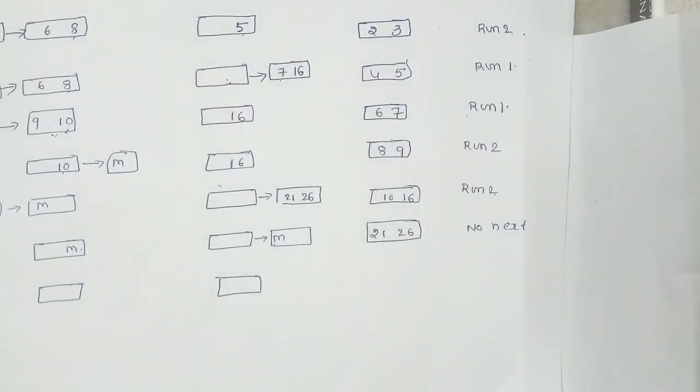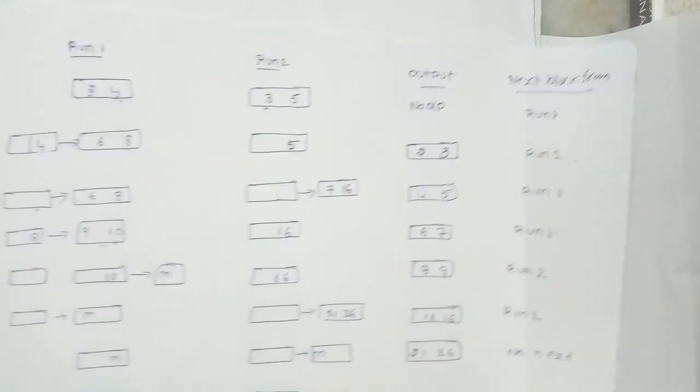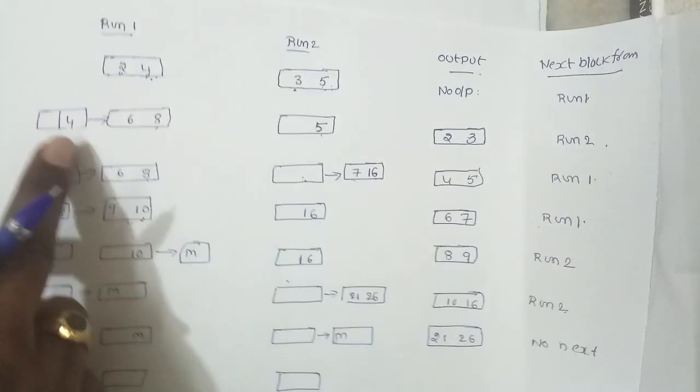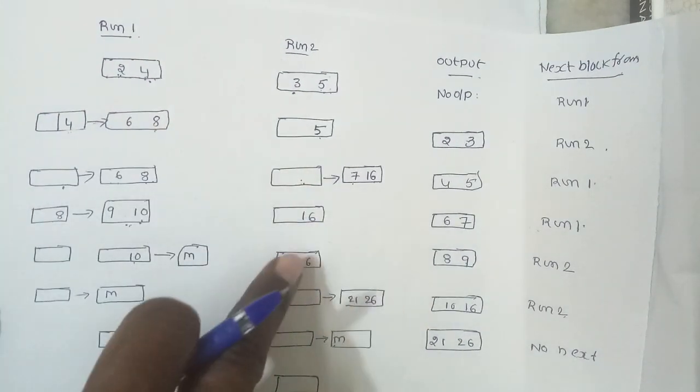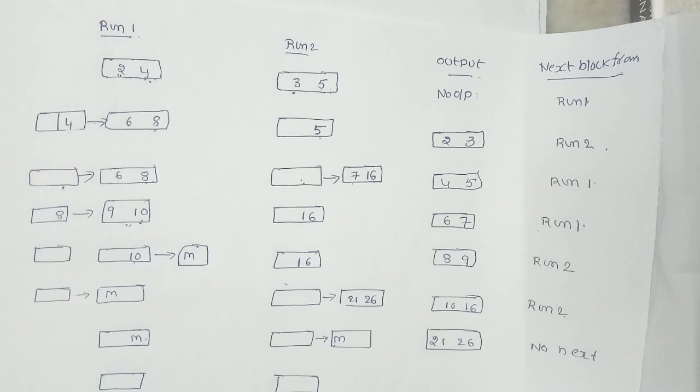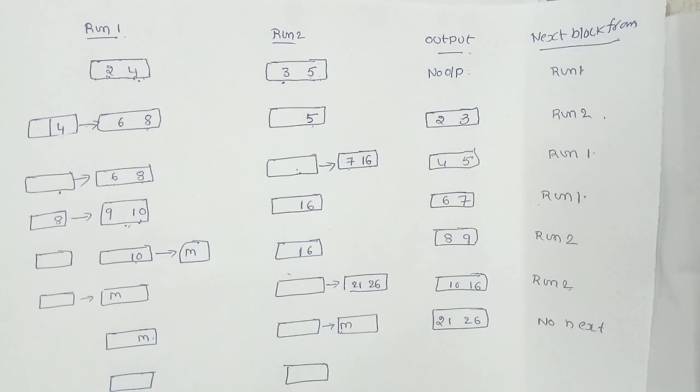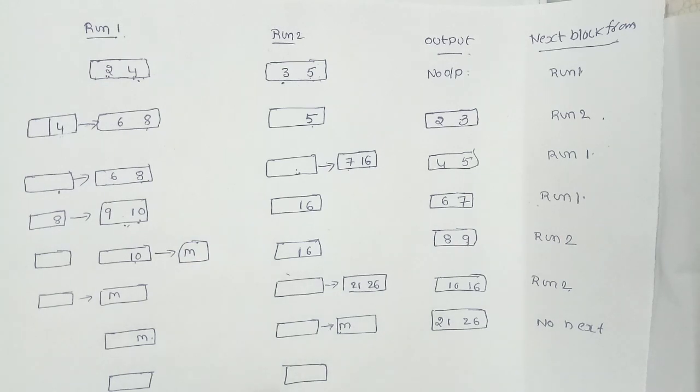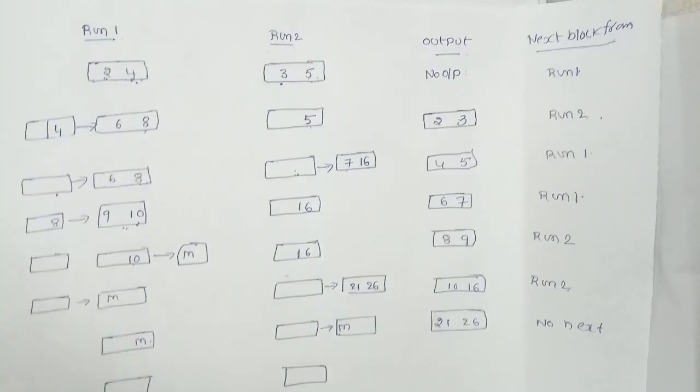This is the way to use the floating buffer. Whenever we require a buffer, only then do I assign the buffer. If there is no requirement, simply place the buffer again onto the stack. This is the floating buffer. That is buffer handling in K-way merge sort with floating buffers. Okay. Now we will discuss the algorithm for K-way merge.